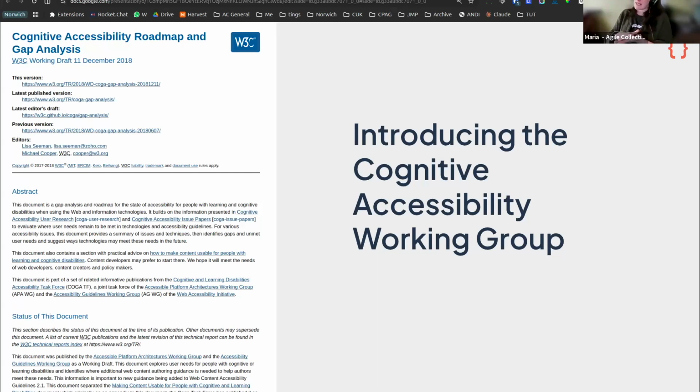So all of the guidelines in the Web Content Accessibility Guidelines, WCAG, have to be testable in terms of true or false. Is this there or is it not? And a lot of things with cognitive accessibility are a little bit more gray area than that. So for example, writing in a clear and simple way, you can't really say yes or no. There's a lot more that's what's regarded as best practice, still very important. Okay, so that is why there's not a huge amount in the Web Content Accessibility Guidelines so far.